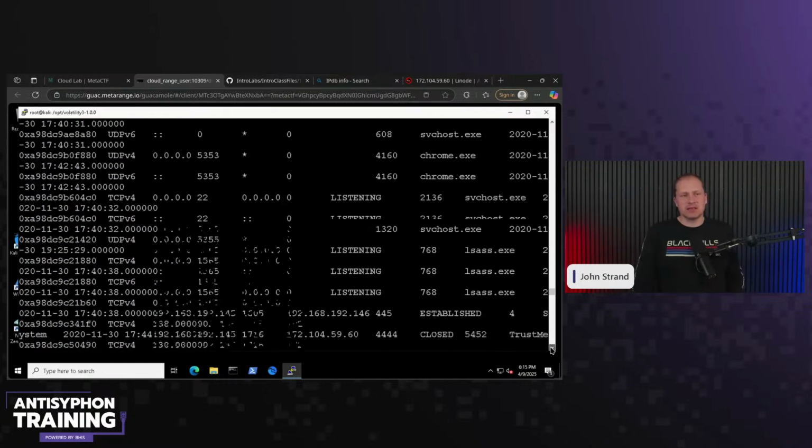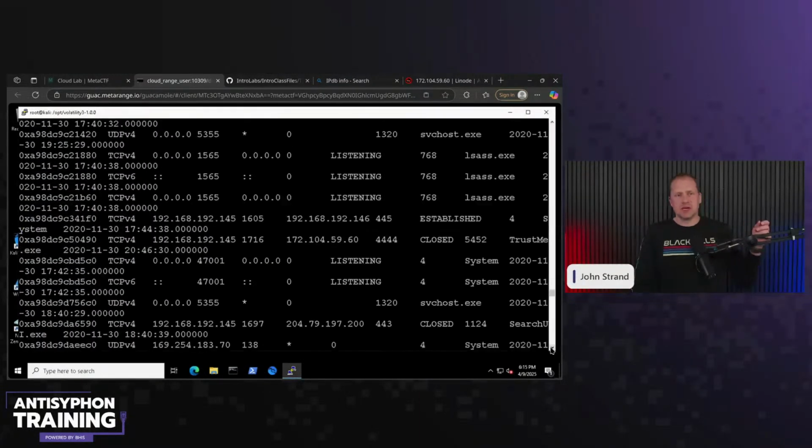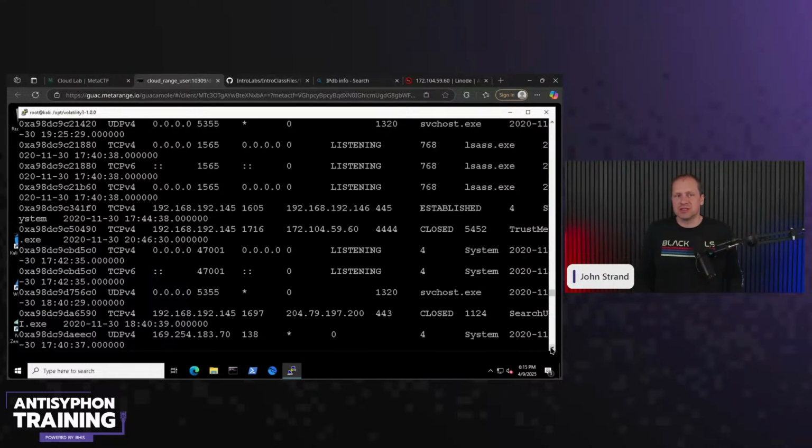We've got listening, listening, listening. I'm really focusing on those established and closed and SYN sent connections. And oh my word, right here, look at this. For me doing a forensics analysis, if I'm a SOC analyst investigating the system, I see that closed connection, I see the SYN sent connection out to Linode, but at the exact same time, I have this potentially suspect trustme.exe executable. I have a simultaneous connection on the inside of the environment